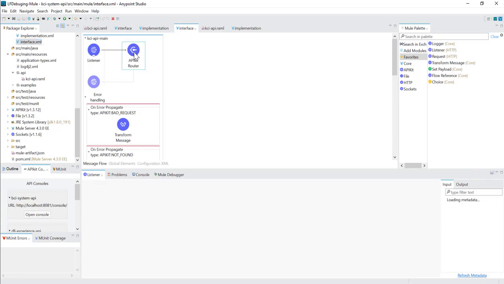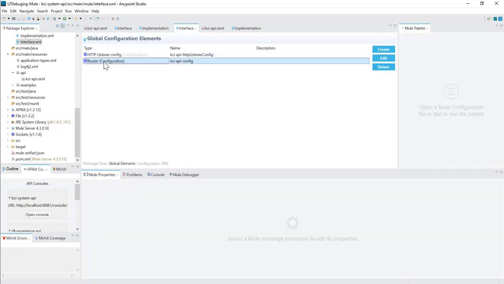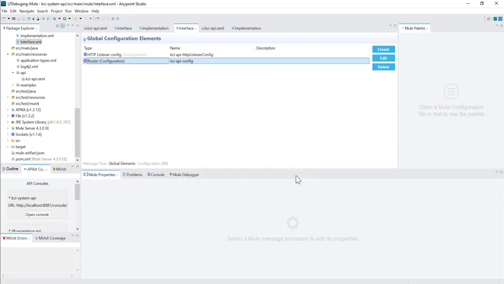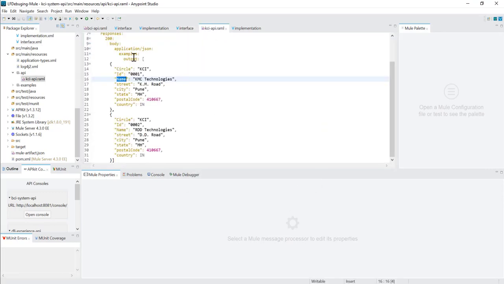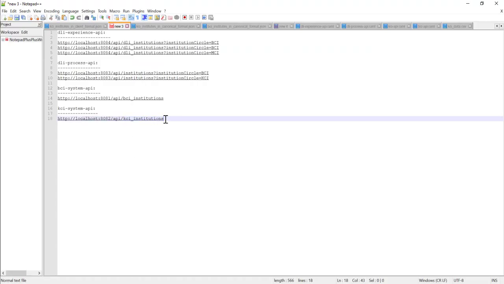And here, as you can see, it is the APIkit router which is referring to our RAML file, right? In the RAML file, we have defined this, and in our URL also we have this part.